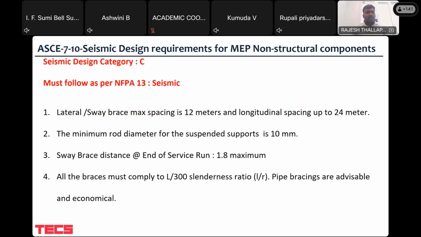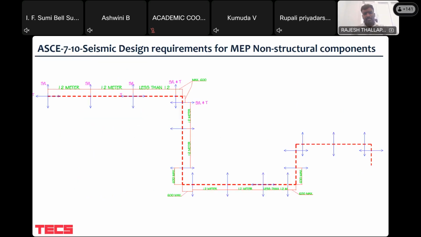Yeah, so these are some of the exceptions or the must-follow conditions which need to be followed. But this will be explained in a pictorial way where you can see that. So the red dotted line, what you see on the screen, is a pipe which is running across the building. So this is just a schematic explanation just to understand. So the arrows, what you see, is you're restraining the pipe in both the directions sometimes,